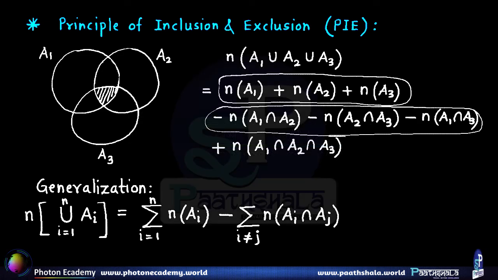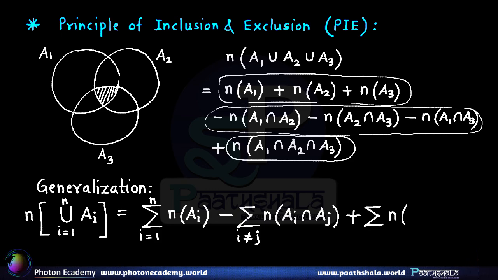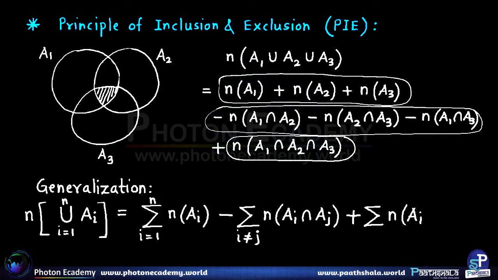Now lastly, here we are adding back the number of elements of intersections of three sets, so therefore here we will have the addition of summation of n of Ai intersection Aj intersection Ak,